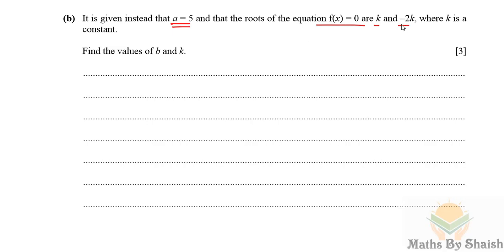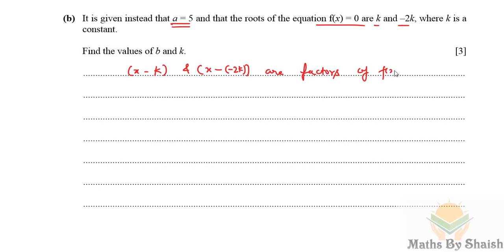So from the factor theorem we know if k and minus 2k are roots, it means x minus k and x minus 2k are going to be our factors